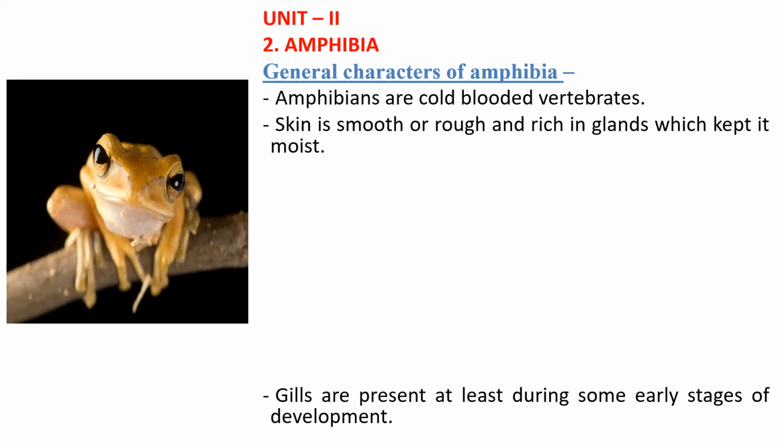So these animals, amphibians, are cold-blooded animals, having skin which is smooth or rough in some species, and it is rich in glands which keep it moist. There are glands present in the skin. Mostly it is noted that the mucus glands are present. The skin of these amphibians is sluggish, and due to the mucus present on